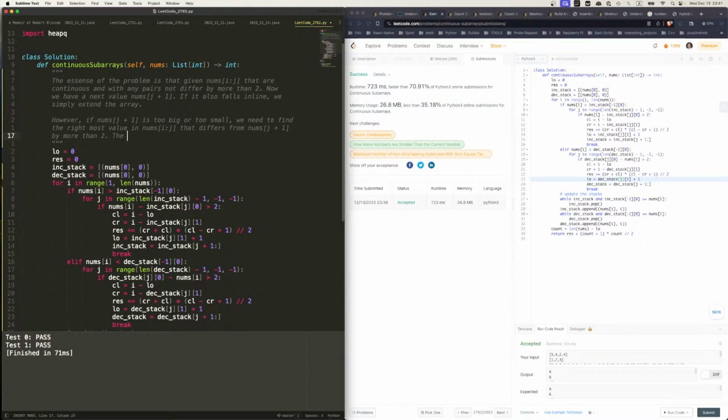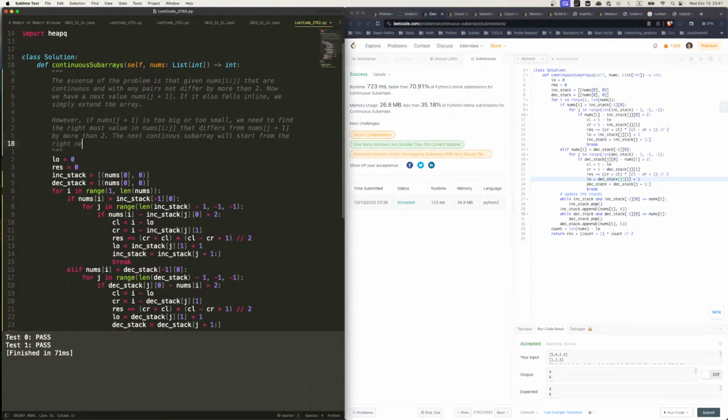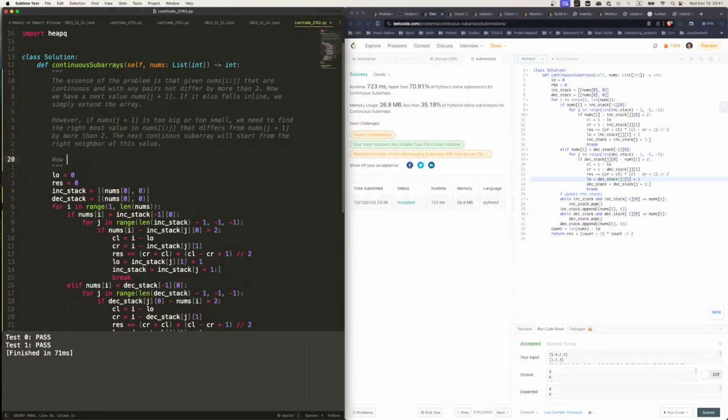And the next continuous subarray will start from the right neighbor of this value. So how can we find this value without going back one by one? I use